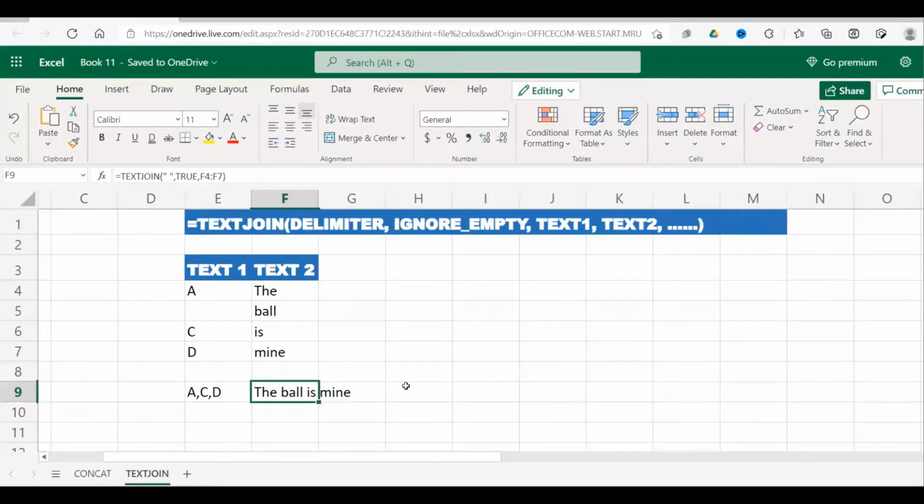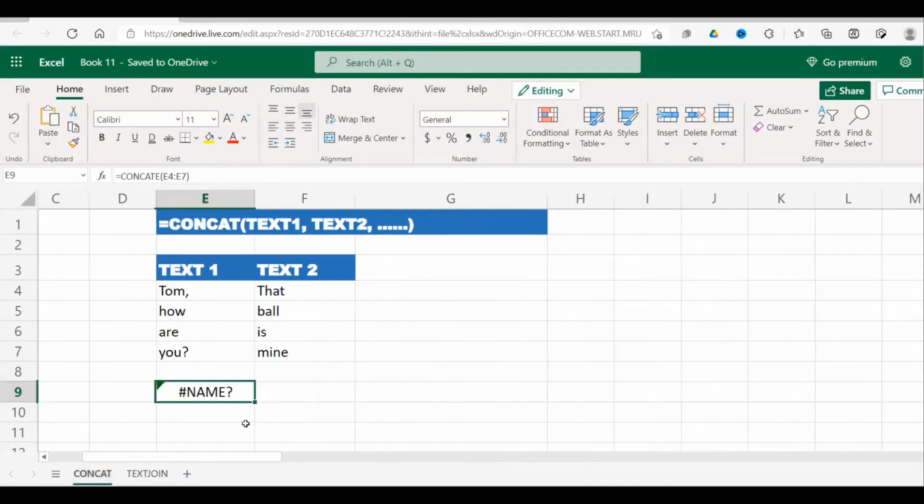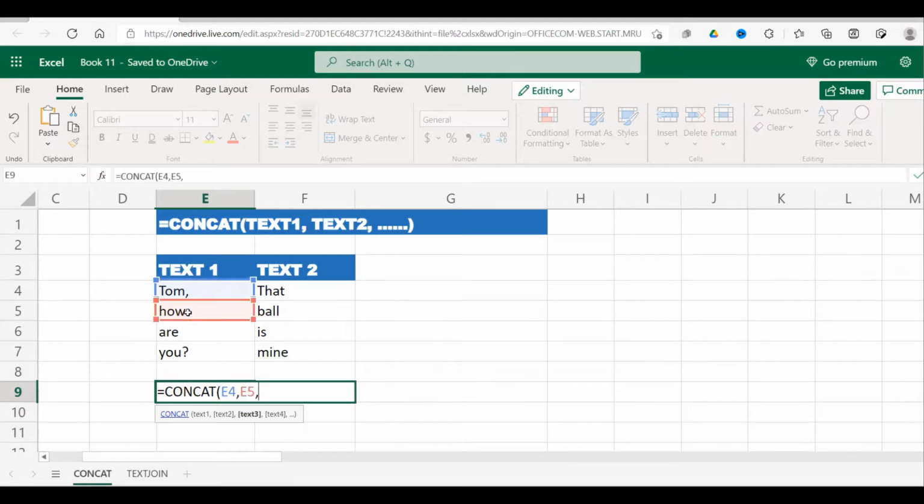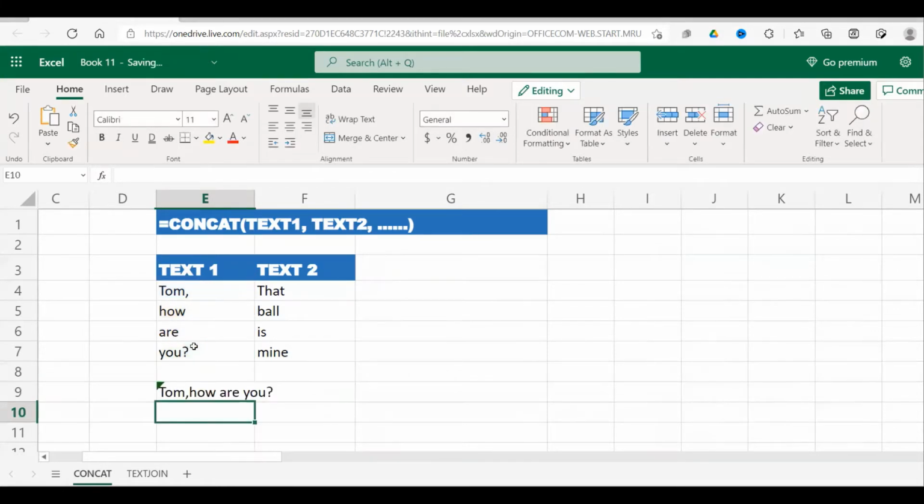So let's go to the concat function. Concat, let's see, it needs the text, then another text, another text, another text. There you go.